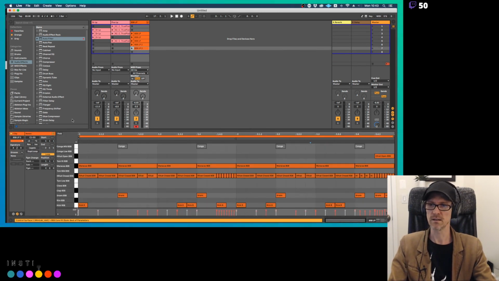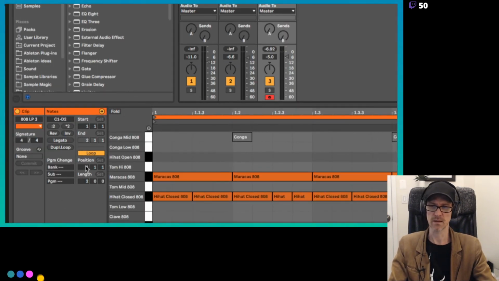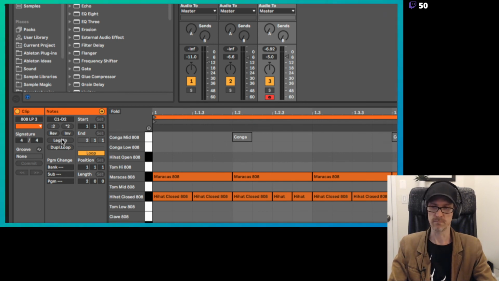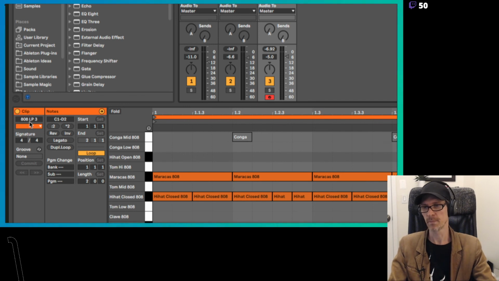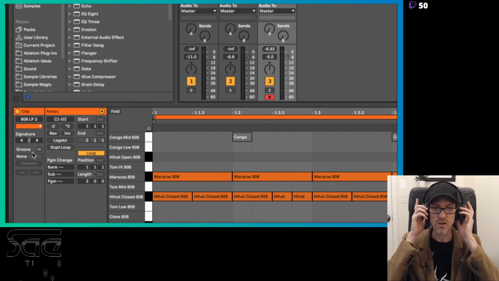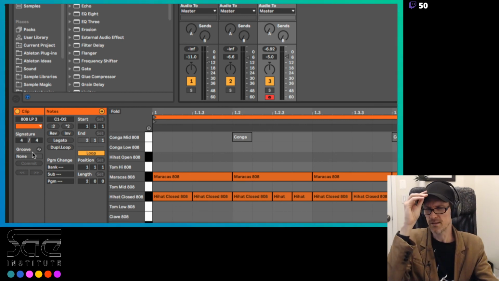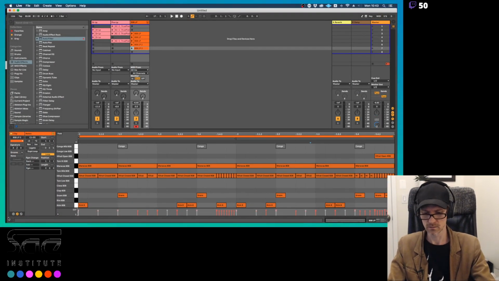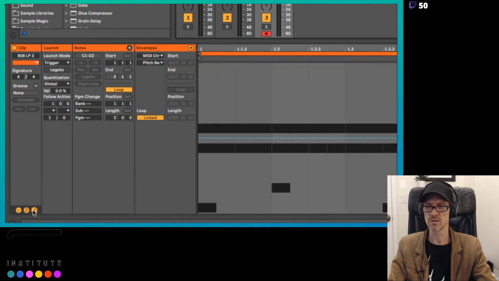A MIDI clip shows you MIDI information. It shows you what notes you're using. I can make it go faster or slower using these here. I can reverse it, I can inverse it, I can make it legato. I can duplicate it, I can loop it, all that stuff. I can change the name, I can change the color. I can change the groove, which I'm going to show you a little bit later. Different stuff like that. And I think if you go down here, these little buttons allow me to show you different